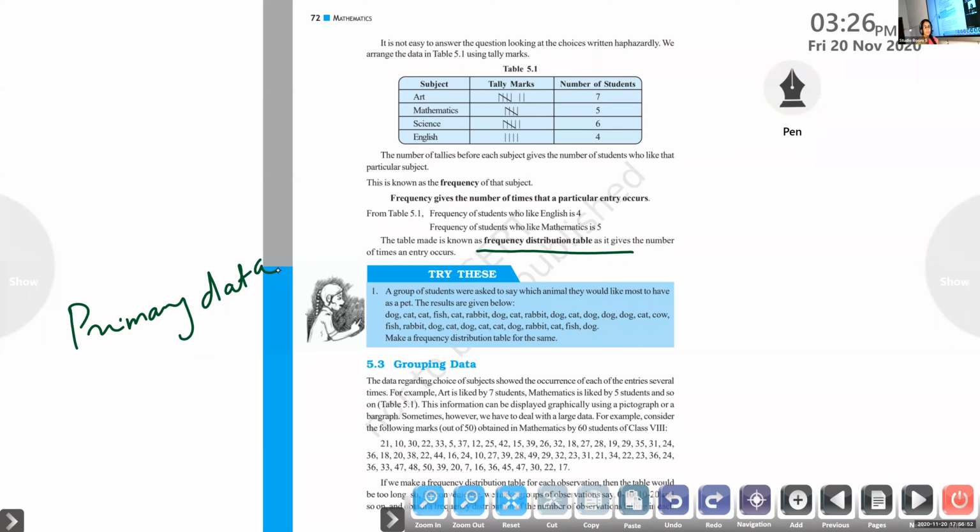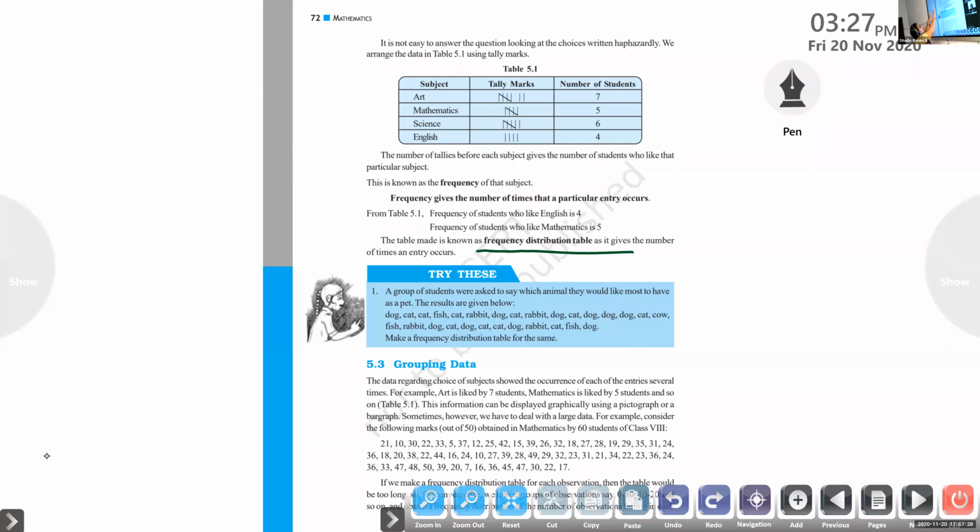So that time, the data with Lakshmi is known as secondary data. So primary data is the data that we collected first. When we use the data which has already been collected, it is known as secondary data. These things we are not studying this year. Anyway, I just told when I discuss about data. So here we are collecting the primary data and analyzing the data collected for further studies.